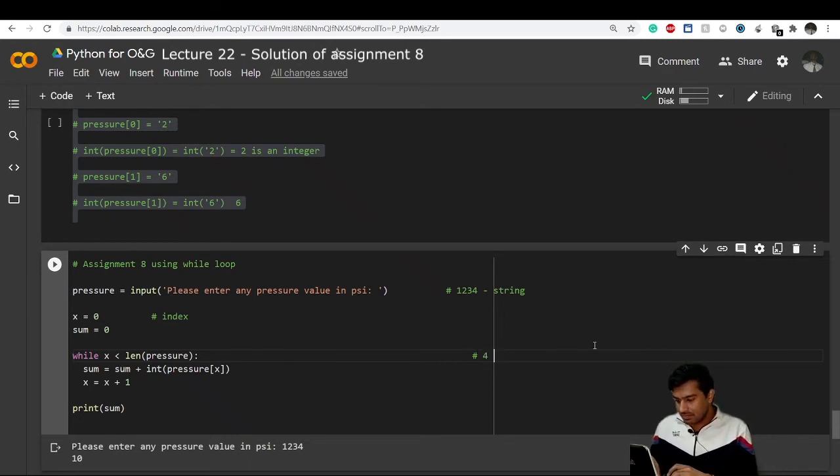So what I basically mean here is that while x is less than the value of 4, then what I have to do is, inside the sum that is currently 0, because the initial value of sum is 0 here, I'll have to add the integer value of pressure at index x. So at index x, the initial value of x right now is 0, so this basically means pressure at index 0,